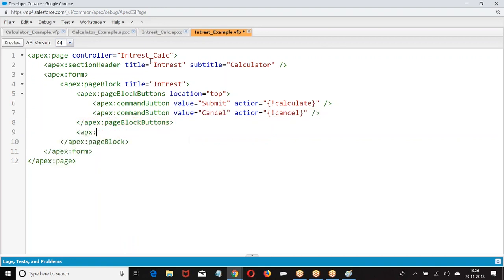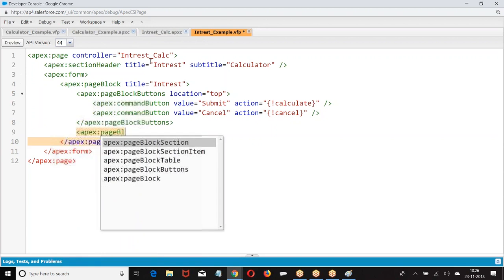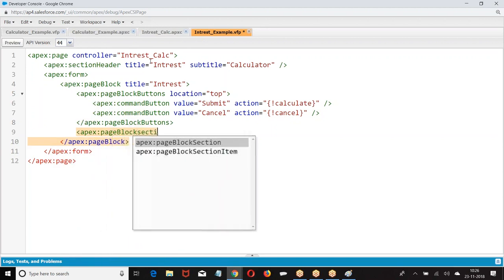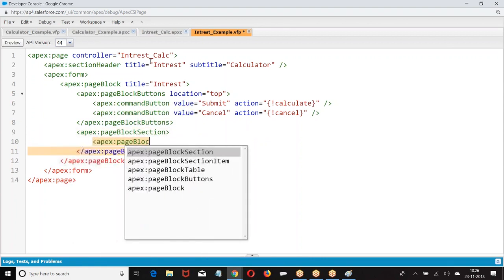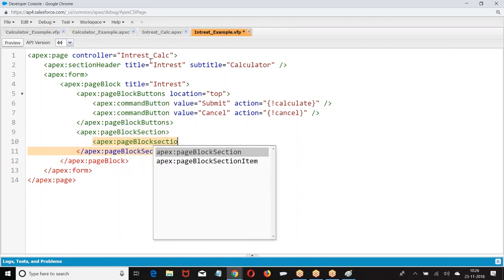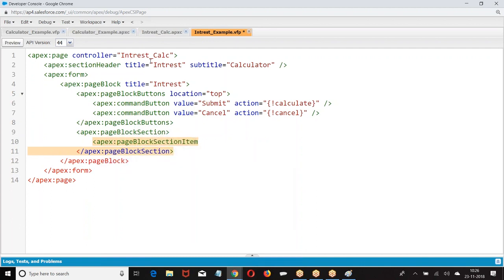Then we have page block. Page block section item.